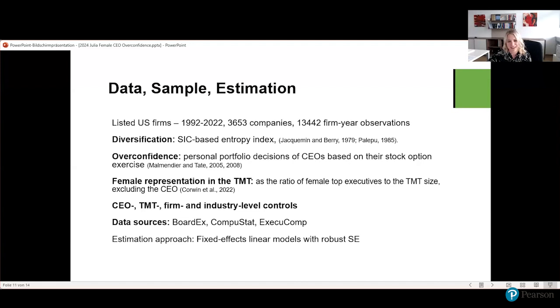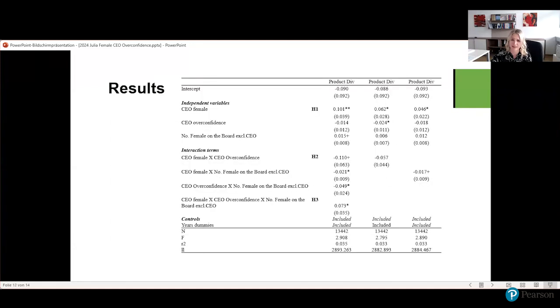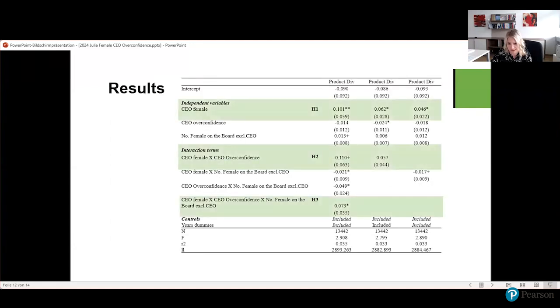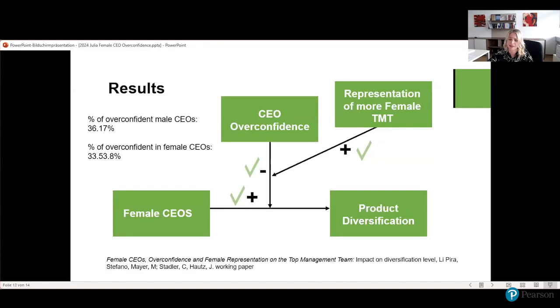And based on that, we investigated our hypotheses, and I won't bother you with any technical details here, but indeed found first support for all our three hypotheses. As I've said, that's just a first evidence that we got from this data. We are currently doing a lot of robustness checks,